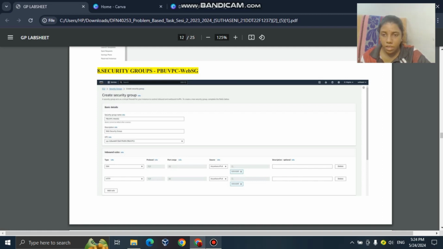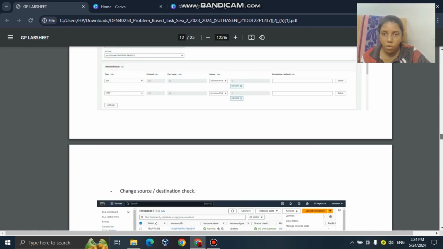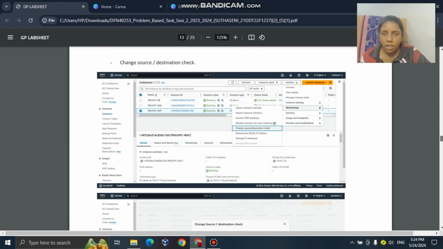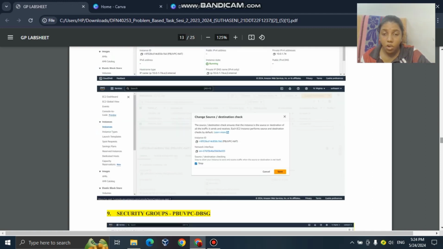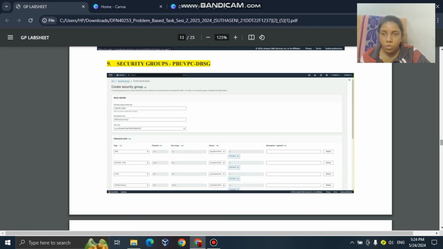So for this security group, we have to set two inbound rules, that is SSH and HTTP, with source of anywhere IPv4. After setting this, for the instance PBU VPC NAT, we have to change a setting: the source destination check, where we select the option stop and save. After that, we have to create a security group PBU VPC